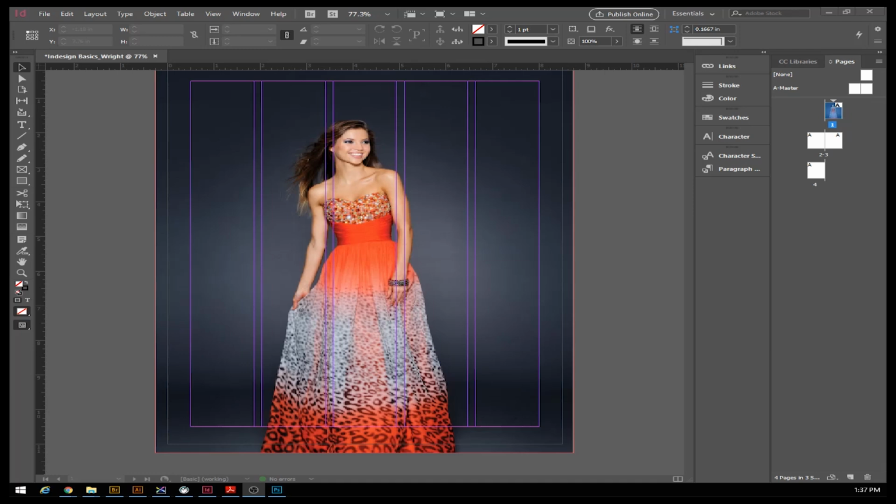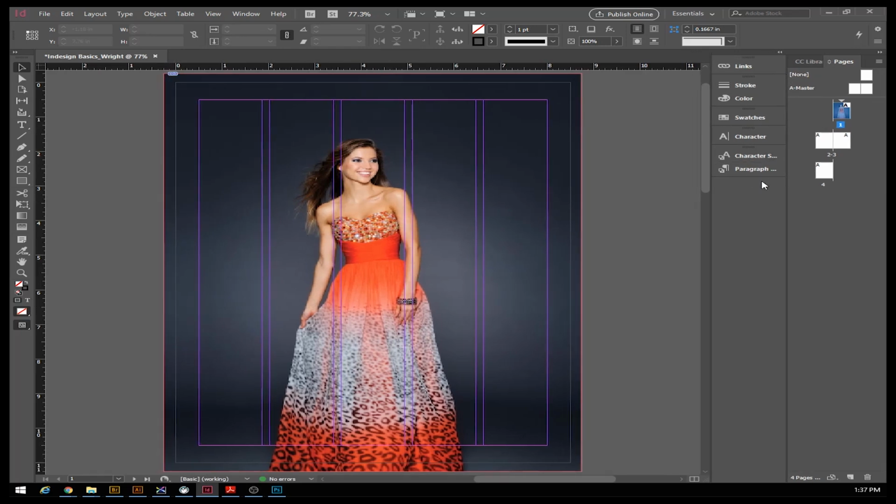Okay, so now that we have this image completed, we're going to move on to pages 2, 3, and 4, and put the images in for those pages, and then we'll work with our text and maneuver our text around the page. So page 2 here, now this shows up on mine. I don't know if it shows up on your